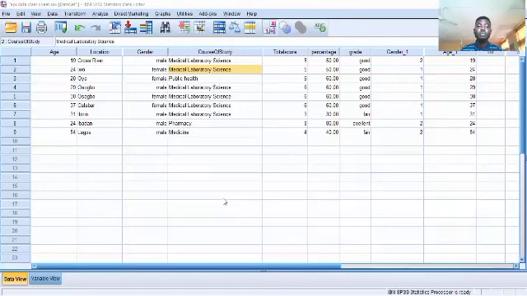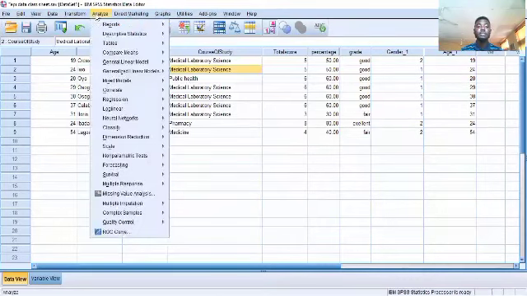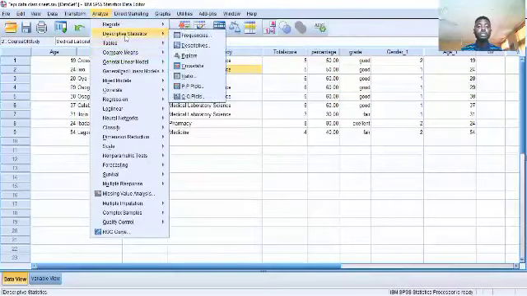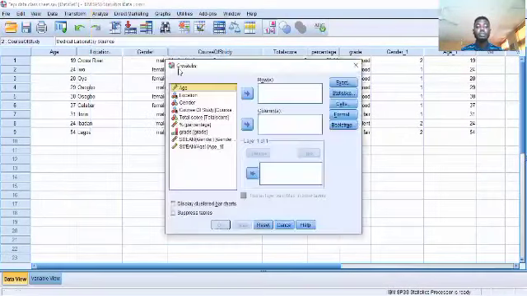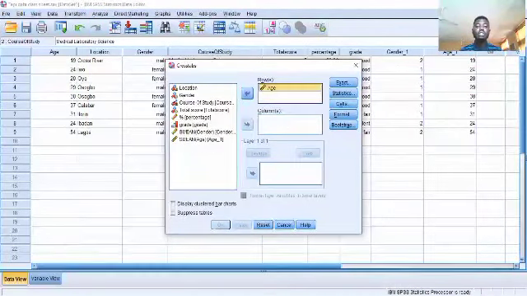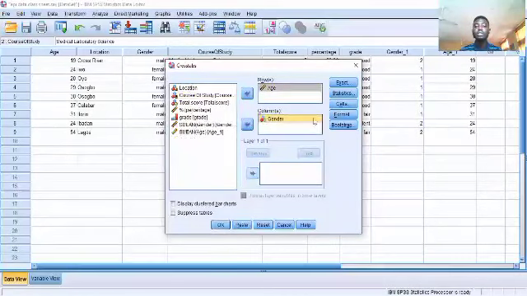So let me go back to our data view. Maybe we want to check the cross tabulation of location and gender. We want to look at the cross distribution of location and gender. It's very easy. All you need to do is go to analyze, descriptive, and you see cross tab. I click on cross tab. If you want the location to be on the row, you click it, and you want gender to be on the column, you click it. Then you come back